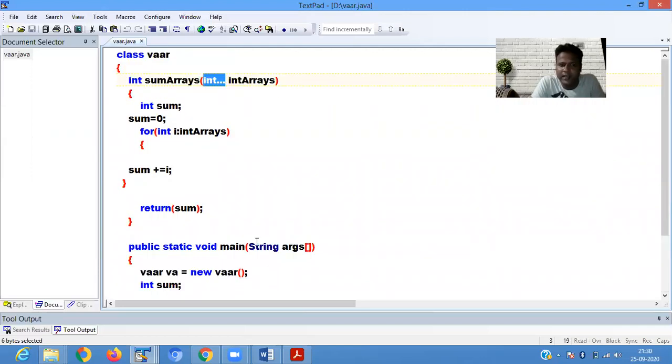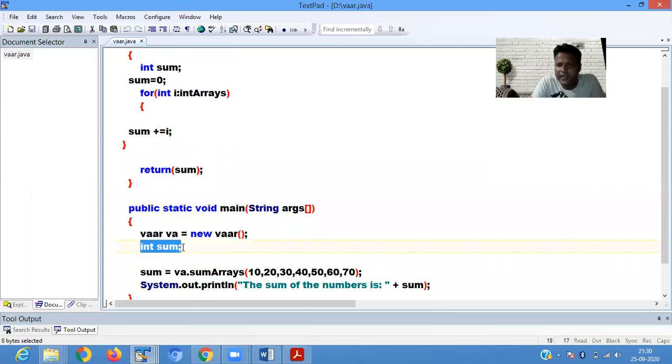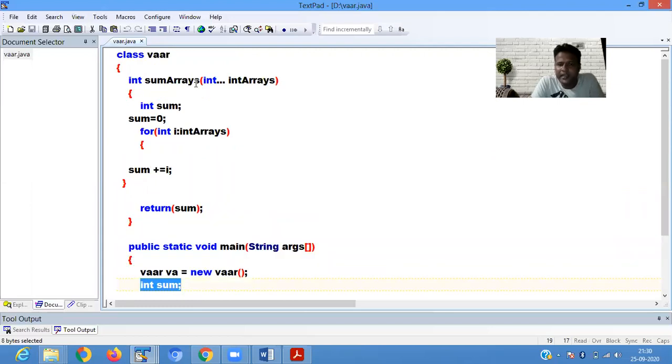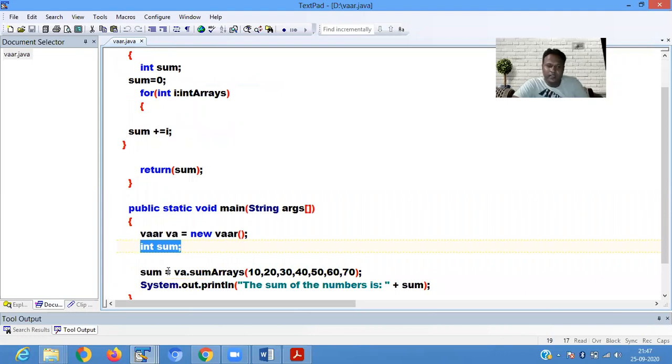Then we define a variable int sum, and sum equals the object dot sumArray function. It means here we are calling the function.